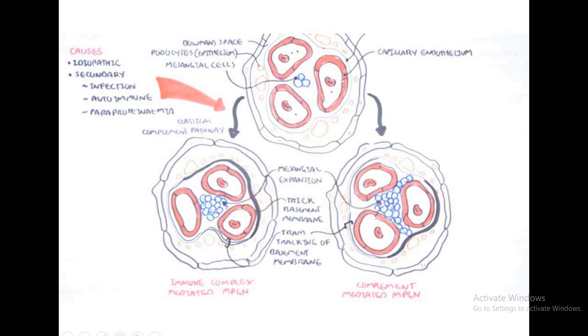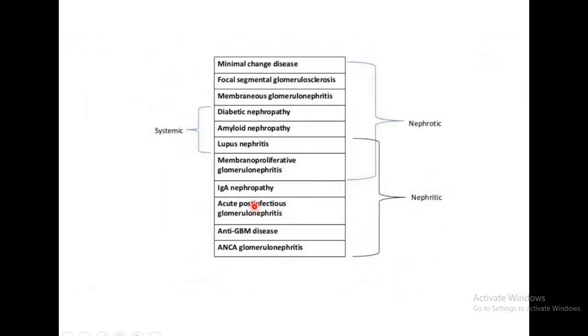So this is all about nephritic syndrome. So do remember that some of the diseases, that is lupus nephritis and membranoproliferative glomerulonephritis, are known to cause both nephritic as well as nephrotic syndrome. So this finishes the topic on nephritic syndrome, and nephrotic